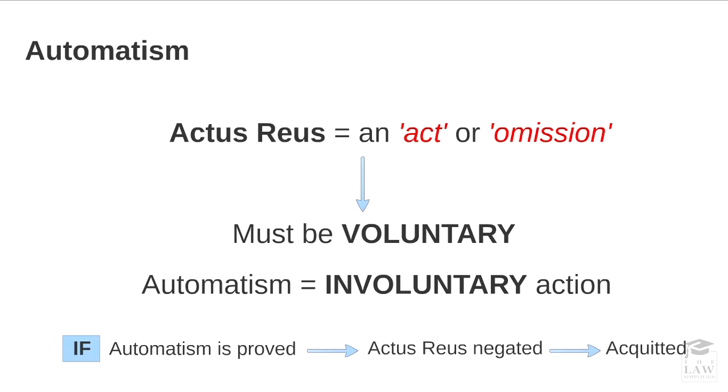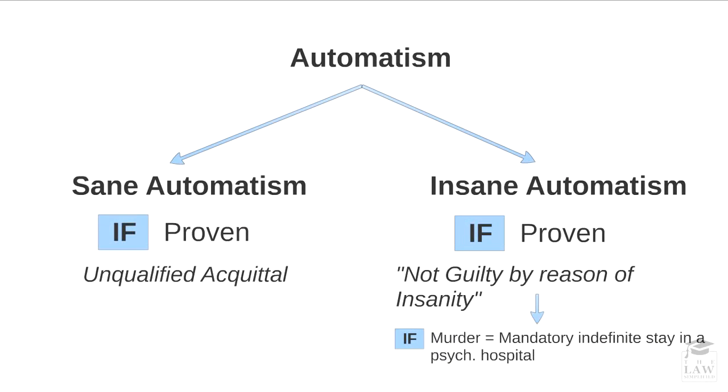Before we move on to further dissect what automatism is, let's have a look at what happens if the defendant successfully pleads automatism. So, if automatism is proved, the actus reus of the particular offense that he's accused of is negated, and therefore he will be acquitted. Now, there are two main types of automatism. One is sane automatism, where if the defendant proves that there was automatism in play, he will have an unqualified acquittal. On the other hand, there is insane automatism, which, if proven, he will be found not guilty, but by reason of insanity. Now, in relation to murder, the defendant will have to serve a mandatory indefinite stay in a